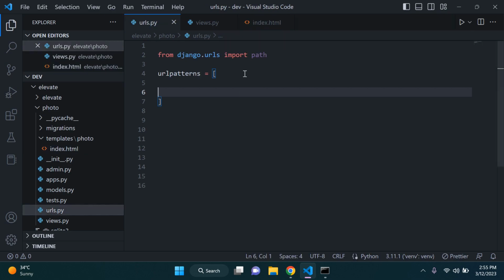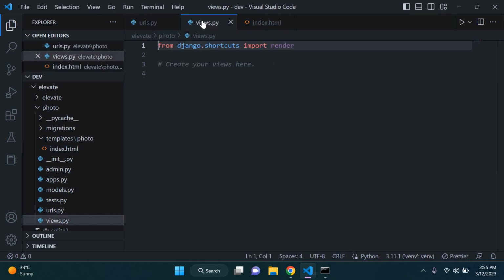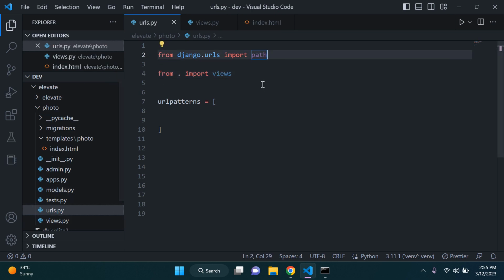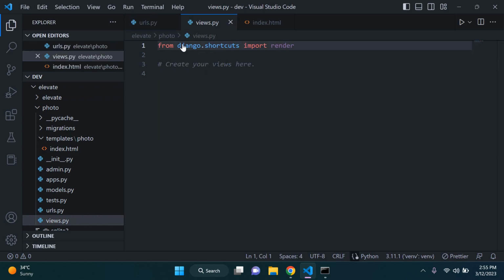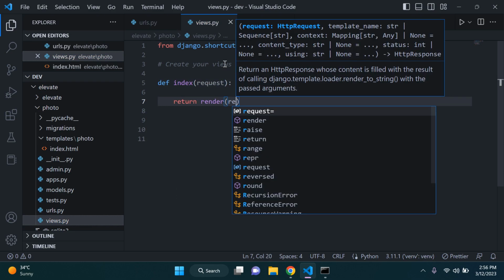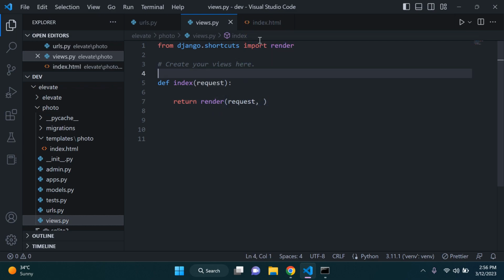So what you can do here in your URLs, first of all, is you need to connect it to your views.py file. So to do that, here up top, you can just simply go ahead and say from . import views. So now we'll be able to import the views file here accordingly. Right. Now what we can do here under views is we can go ahead and create our basic view. So it's going to be def, and we can call it index. We need to pass in the request object,